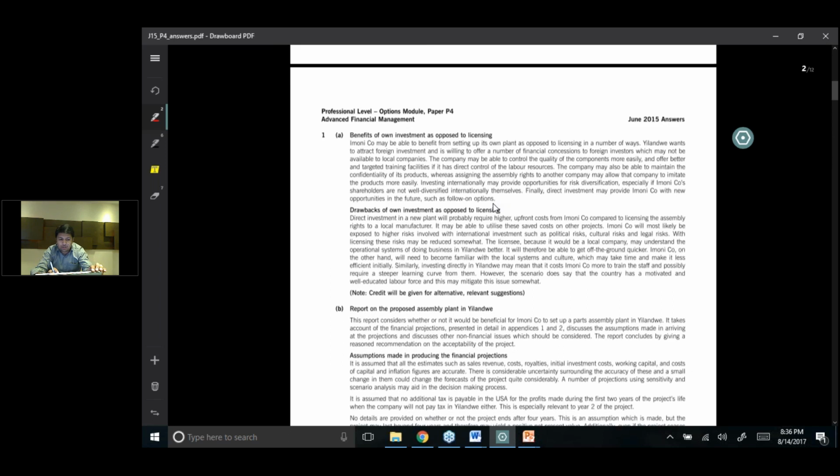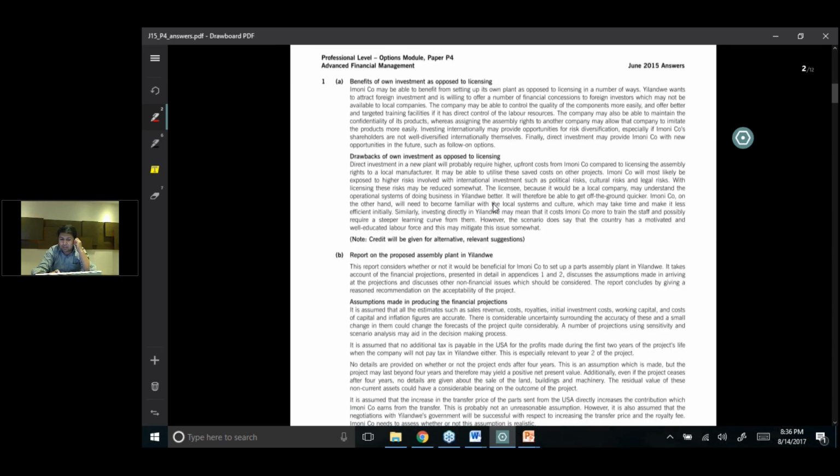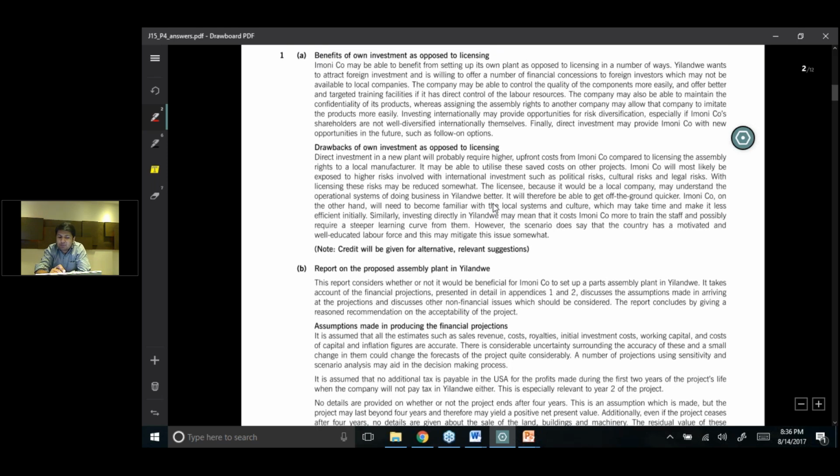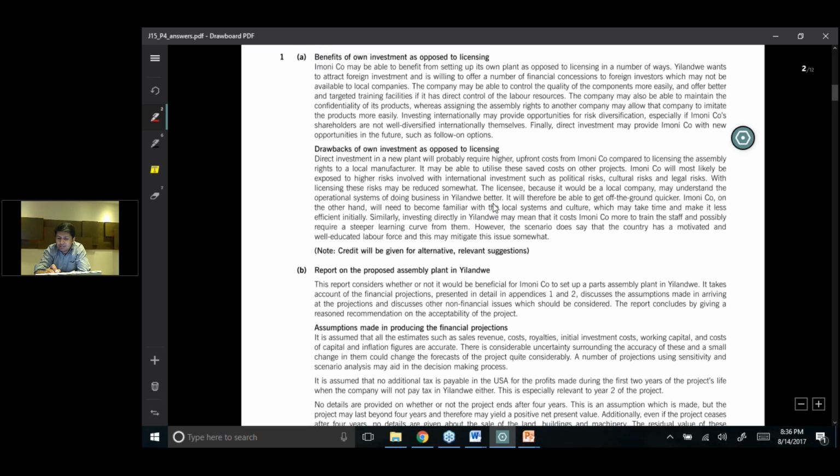So the first one is benefits of investment as opposed to licensing and drawbacks of investment as opposed to licensing. What are the benefits of direct investment? The company may be able to benefit from setting up its own plant as opposed to licensing in a number of ways. So what are the number of ways? L&D wants to attract foreign investment and is willing to offer a number of financial concessions. So financial concessions are only available